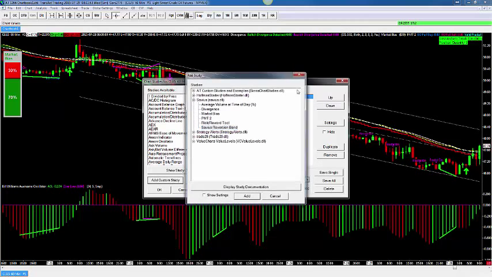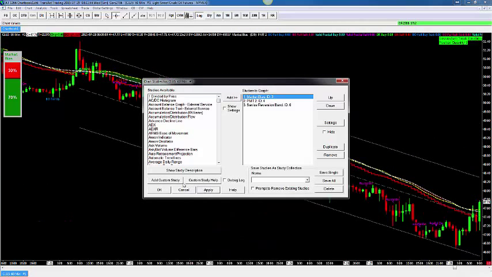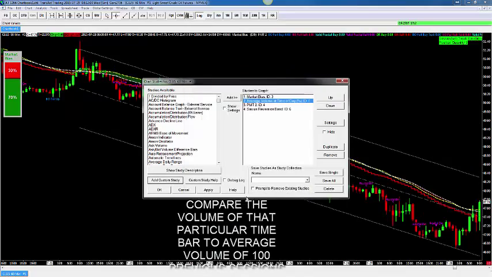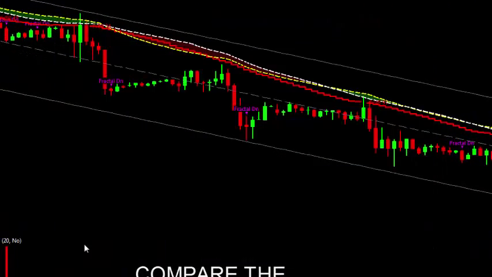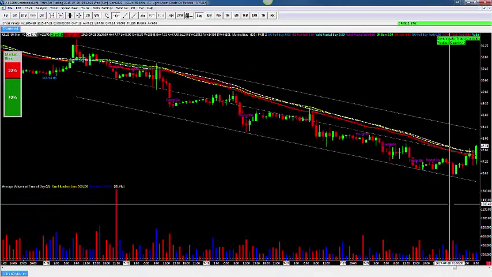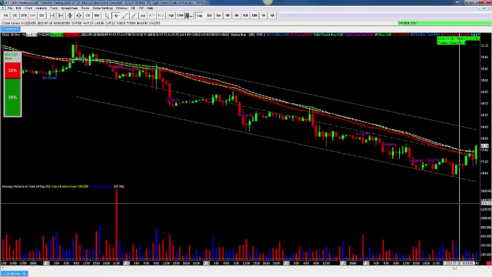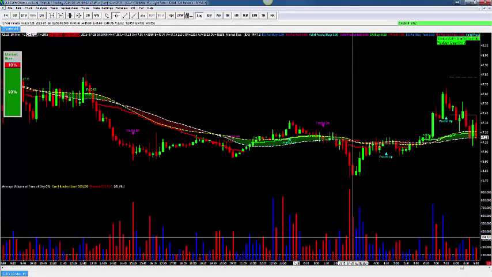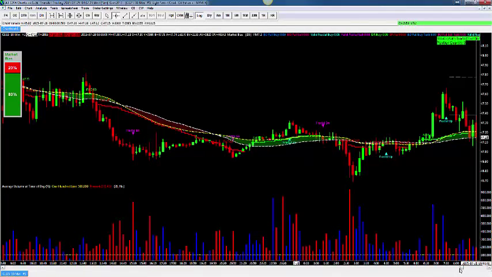And let's apply back the average volume at time of the day. That is basically a normalized version of volume. This study looks at any time bar, for example the 1 AM bar or the 3 AM bar, or you can also go on a smaller time frame, on a 10 minute chart, and basically we compare that specific hour, that specific time bar, to the previous n number of sessions,